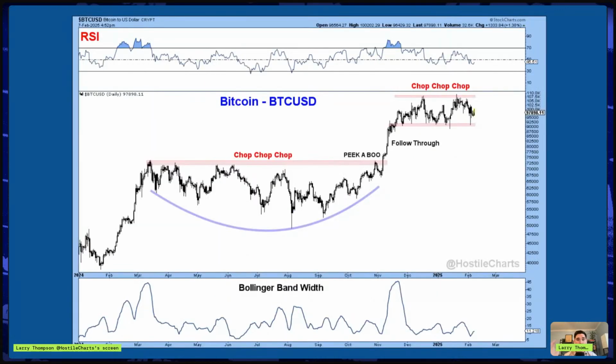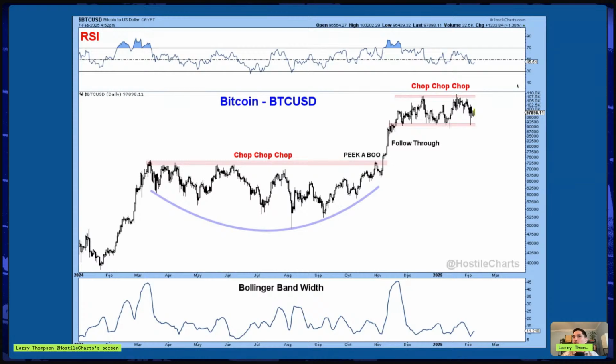Last chart I'll highlight before I get into some chart requests is Bitcoin. What do you guys think of Bitcoin? I hear all the time online that it's going to break out, that it's in a strong uptrend. I hear other people saying that it's about to break down, something about the money supply. But when you actually look at the Bitcoin chop, I think they're both wrong. I think the bulls are wrong and the bears are wrong.